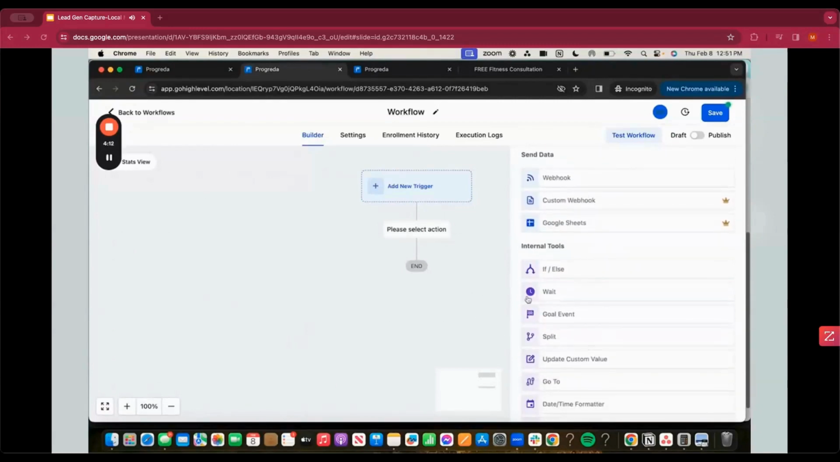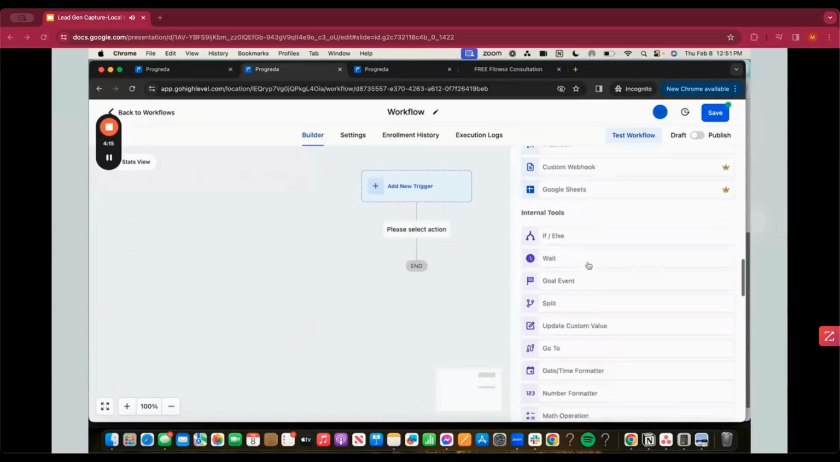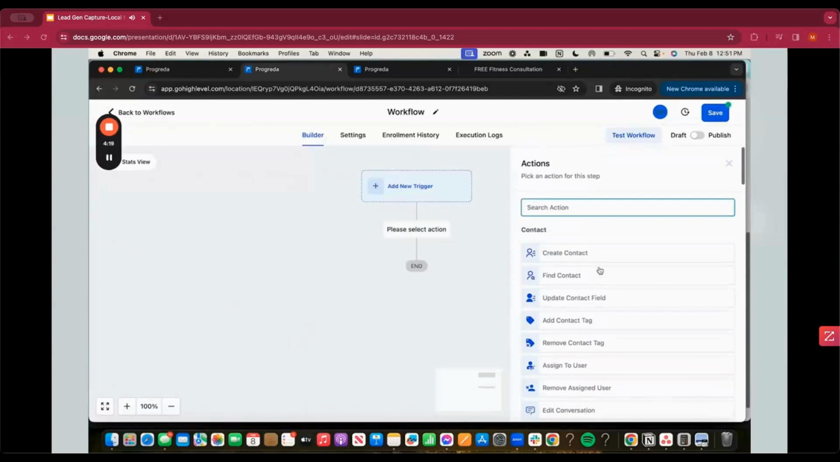You can also do other custom things such as webhooks and if/else waits. We won't get into the nitty gritties of those. If anyone's curious, Progreda has a really great support team and onboarding team that can help you navigate this portion of the tool. But just at a high level, you get your Facebook form lead mapped, and then you come